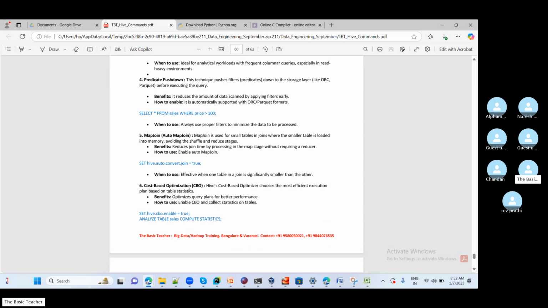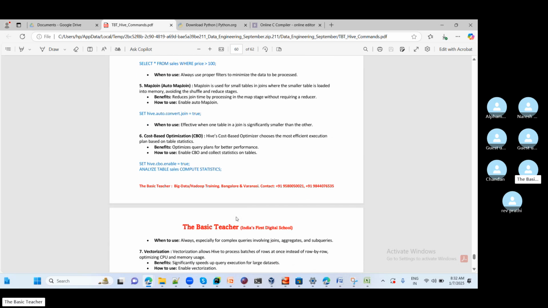Then you have cost based optimization. In this option, the cost-based optimizer chooses the most efficient execution plan, optimizing query plans for better performance, and you can enable this by this setting: set hive.cbo.enable=true and analyze table compute statistics. So you can enable CBO and collect the statistics on the table. Then